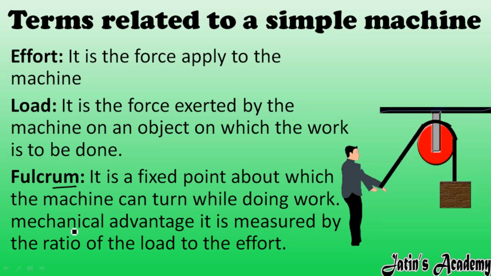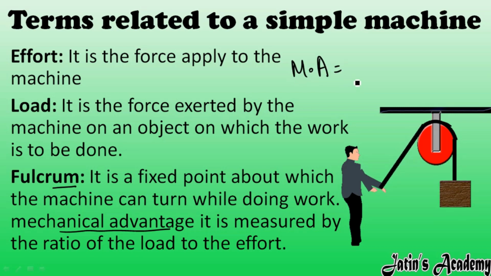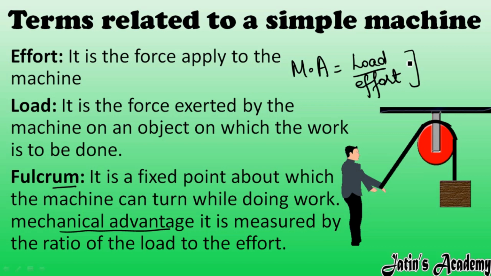Okay. Next point we are having mechanical advantage. What do you mean by mechanical advantage? Actually, mechanical advantage is a ratio of load over effort. Means load over effort means what? Load we have learned just now. Load is a force exerted by the machine on an object. So what force is acting by the machine on an object, over what force we are applying on the machine in order to do that work. This is a ratio of these two terms. So the ratio of these two terms is called mechanical advantage.